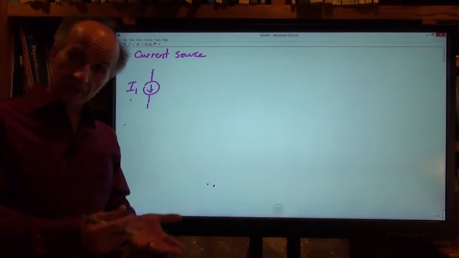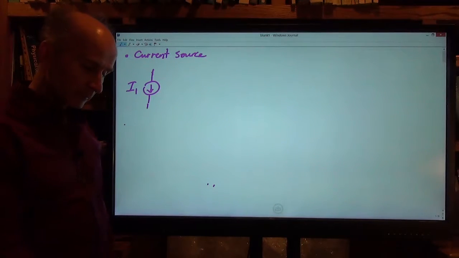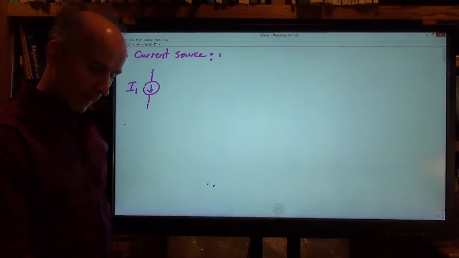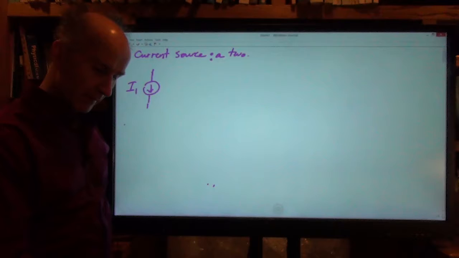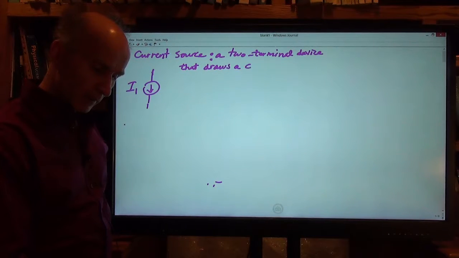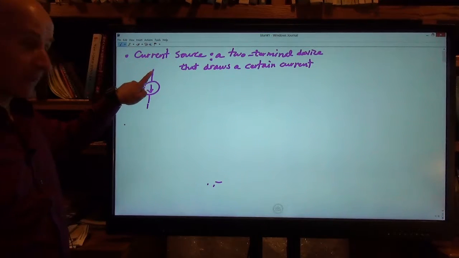That current can be constant or it can be variable. So we say a current source is a two-terminal device, obviously, that draws a certain current. It wants to draw a certain current from here to here,